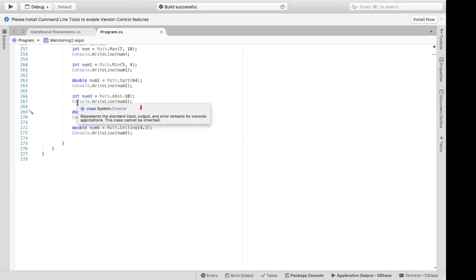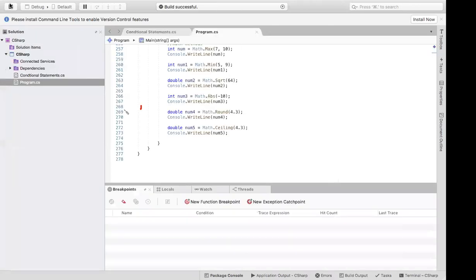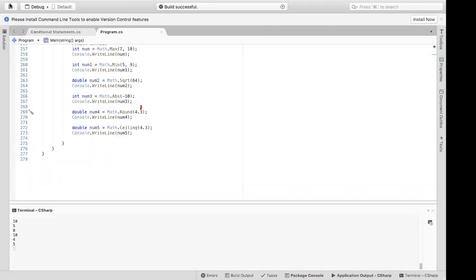Now it will return 4. Run it, and it will return 4. So the compiler is deciding: if the number is greater than 5, it will apply the ceiling function and increase this digit by 1. If the number is less than 5, it will apply a floor function and decrease the number. But here the number is less than 5 while we are applying the ceiling function, so it will return a greater value.